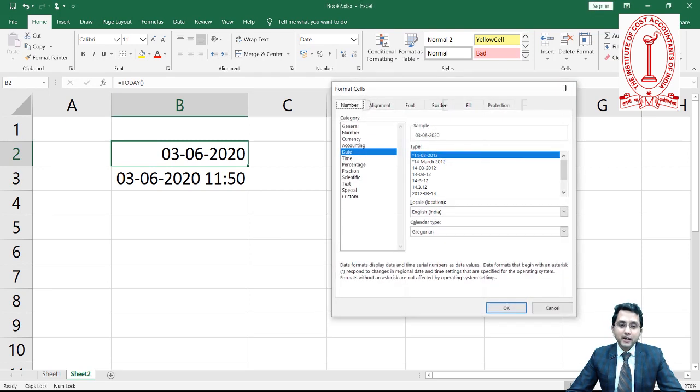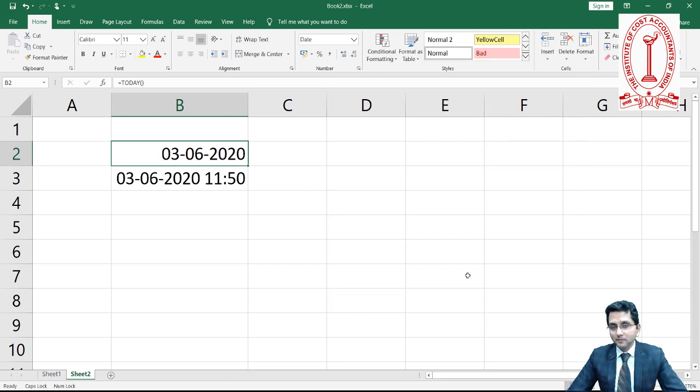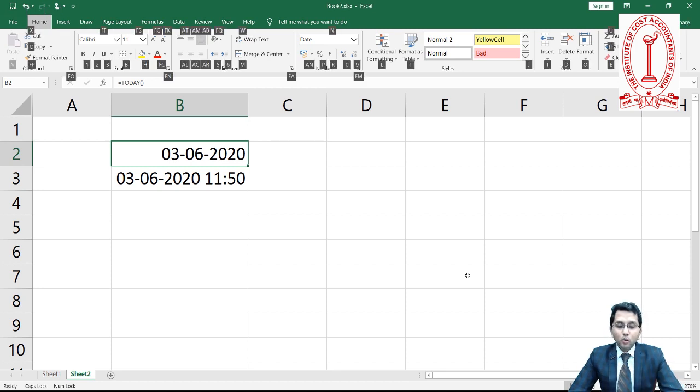There is one more way to open anything like this in Excel. You just hit and release the Alt key. When I press and release the Alt key, see what happens. All the keyboard shortcuts appear. To see the Home tab, I'll have to press H. To use the Insert tab, I'll have to press N, and so on. So I'm pressing H now, Alt H. Once I press H, then you can see this whole formatting block. N means the number format you want to see,